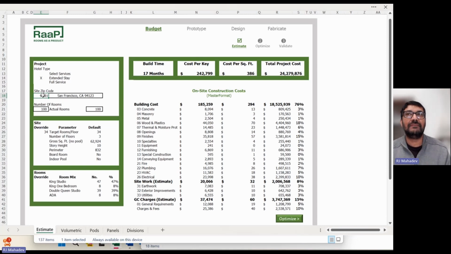But because many of these hotels are very standardized based on the prototypes from the brands, we've worked very closely with select brands such as Hilton to develop a standardized costing model for what it takes to build these hotels. So based on some limited parameters such as the zip code. So for instance, here, let's put in 94123, which is San Francisco,